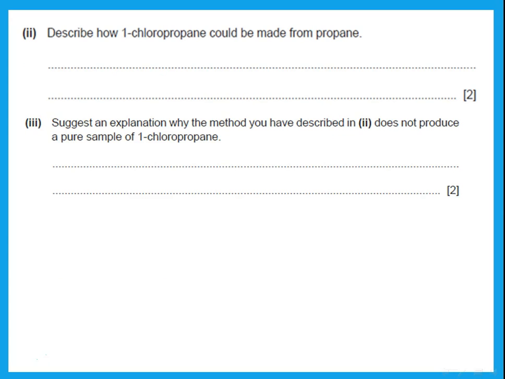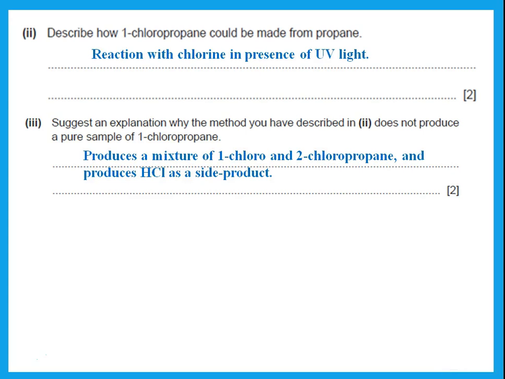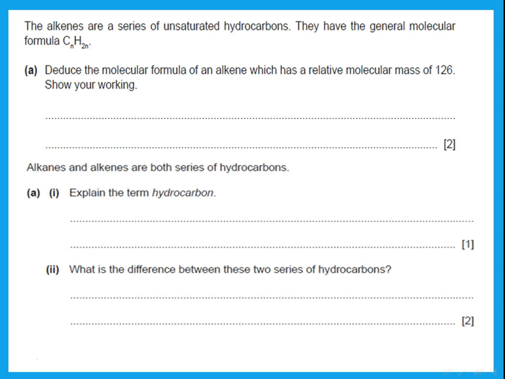So in addition to that, one of the reasons is that I'm not just going to get 1-chloro, I could get 1-chloro and 2-chloro. And when we remove one hydrogen and replace it with chlorine, the other product would be the hydrogen with the other chlorine, so it produces HCl as a side product. So I don't just get a pure product, I don't get only 1-chloropropane. Following? Okay,